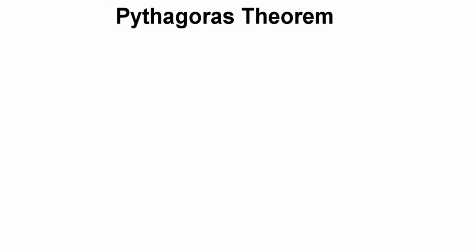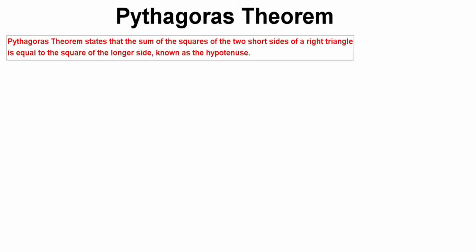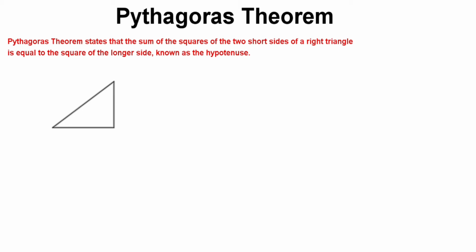Pythagoras theorem can only be applied to right-angled triangles. So, Pythagoras theorem states that the sum of the squares of the two short sides of a right triangle is equal to the square of the longer side, known as the hypotenuse. So if we have our diagram like this, and our right angle is in the corner, then